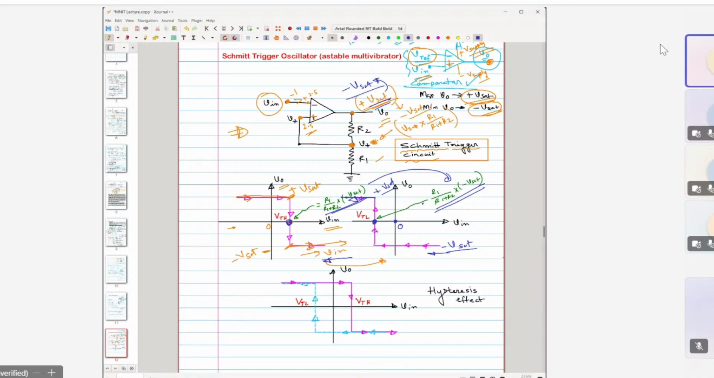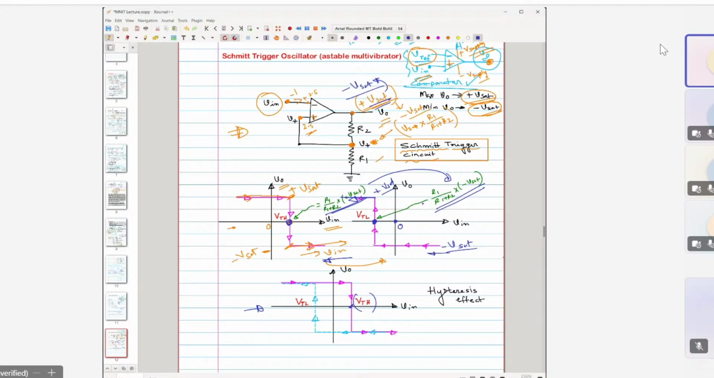Now if you plot these two things together, it looks like this. It comes like this, and while returning back, it goes like this. So you can see a hysteresis effect here. To identify the points, we have denoted this term as